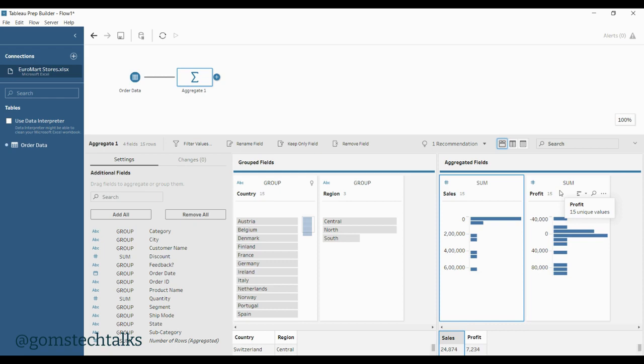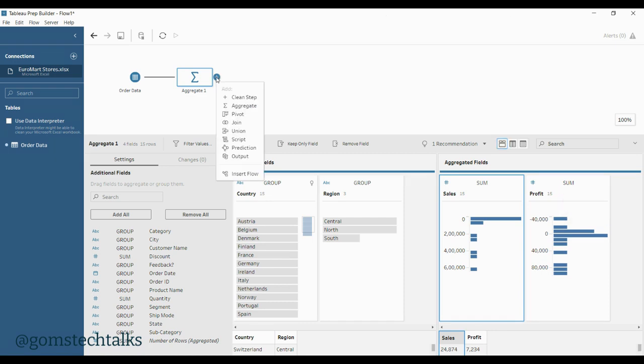Before doing this aggregate step, you have to clean the data and check whether the data is properly processed. You have to pre-process the data and then go for aggregation, because in any data analysis process, your first step should be acquiring the data, and the second step should be pre-processing and cleaning the data. If you're confident that your data is very clean, then you can proceed, or else you have to check how to pre-process it. This cleaning step I have already discussed in my previous video. You can check the playlist.